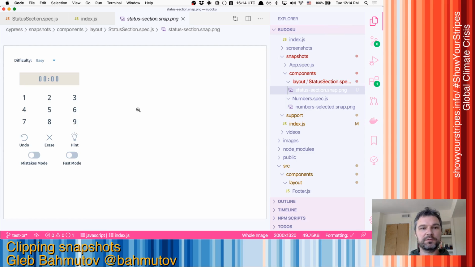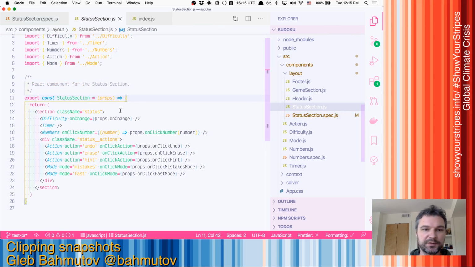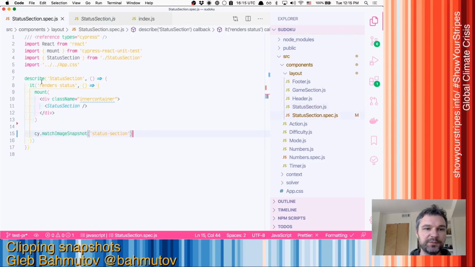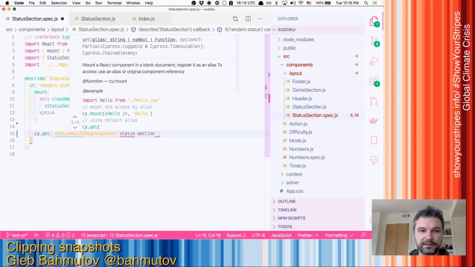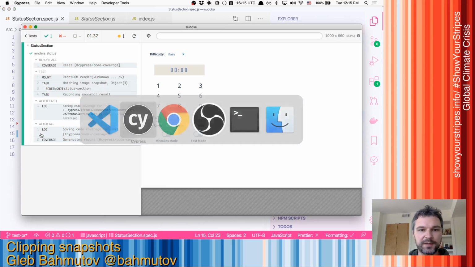Okay, so this looks good, but notice how large this snapshot is, right? Because we're taking the whole document, the whole body of the document. So we probably want to limit the snapshot. So if we look at the structure, our section has a class. So if we try to say cy.get, and it's a class, matchSnapshot,